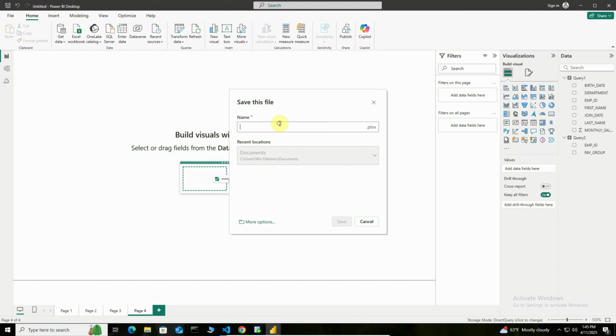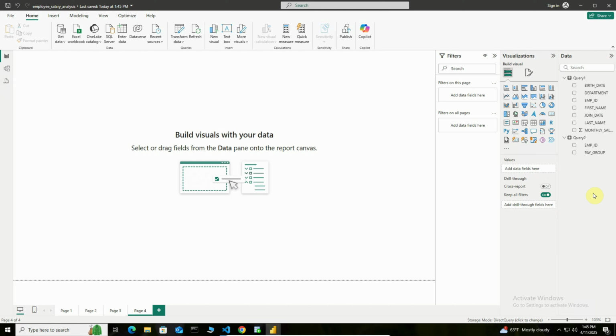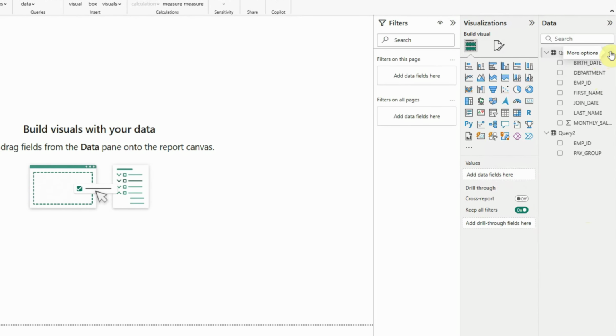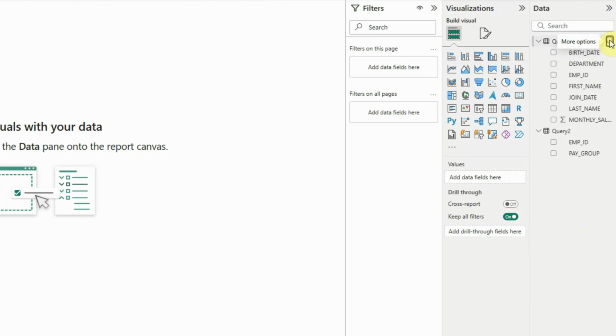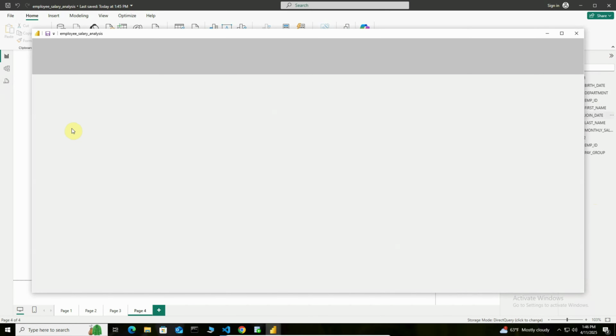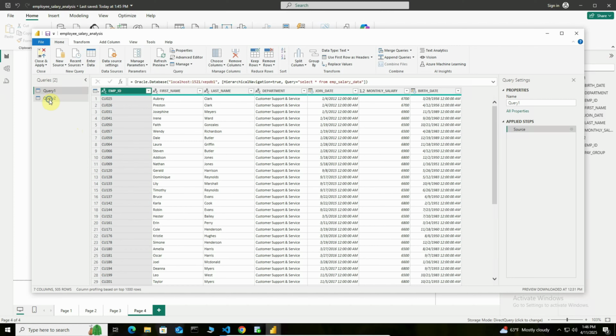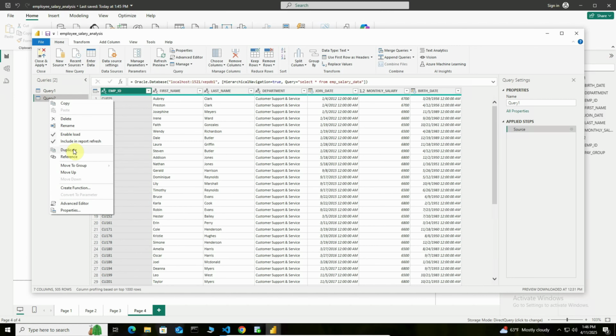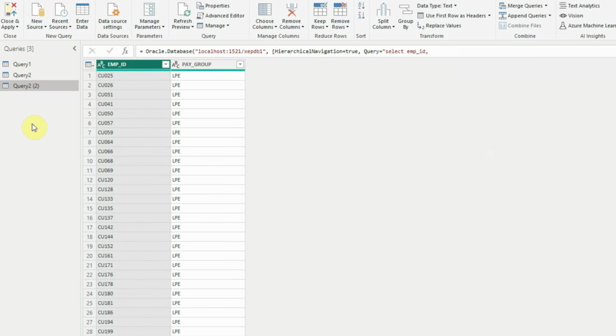We can name it, say, employee salary analysis. And first we are going to add the third query here, and to do that, again, as we did last time, click on the 3 dots against any of the queries listed and go to edit query, and the Power Query Editor will appear,